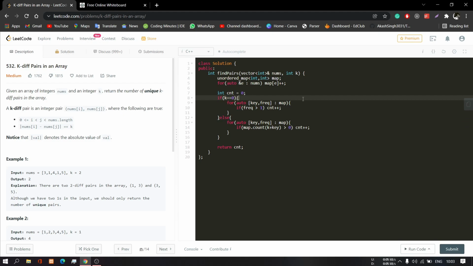As I told you, if 1 is present two times and you require 0, then 1 minus 1 gives you 0, so I increment my count variable. Otherwise, if k is greater than 0, I check for every key whether key plus k is present in the map, and if so, we increment the count. Finally, we return the count.